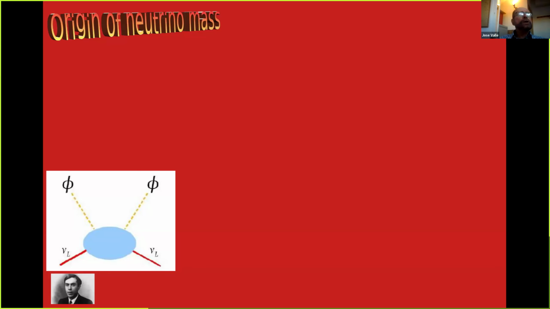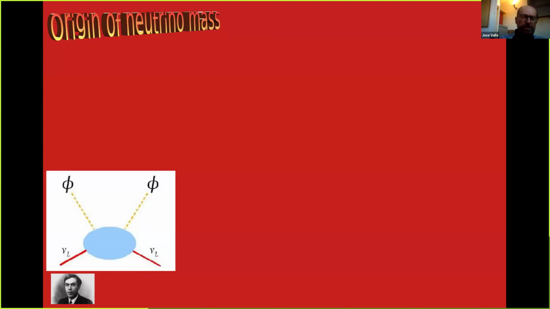To make any further progress, one needs a UV completion of Weinberg's argument. And from my point of view, and there are, of course, many, loop level, tree level, whatever, the whole art of neutrino model building consists in filling up this blue blob in a theoretically consistent manner. From my point of view, the seesaw provides a broad class of tree-level realizations, UV completions of Weinberg's